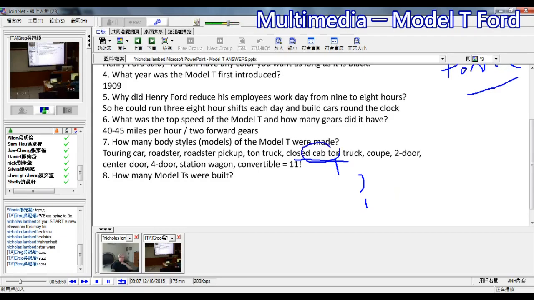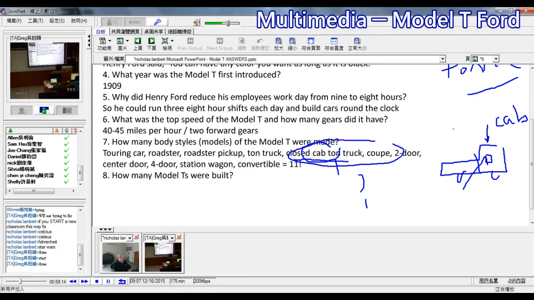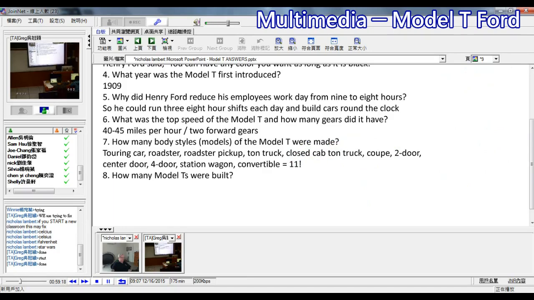Now, the cab on a truck, I'm not very good at drawing, but let's say this is a truck. There's a door there, and this is the cab. So the cab is where the drivers sit. A closed cab means they get into the cab and it's closed in. So a closed cab ton truck means it's a 1-ton truck with a closed cab, like being in a car. Now,